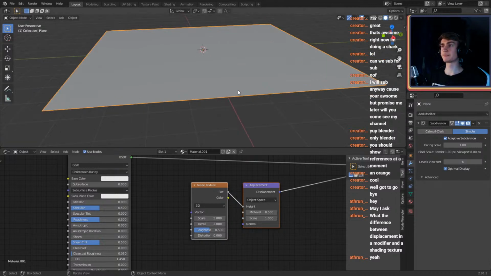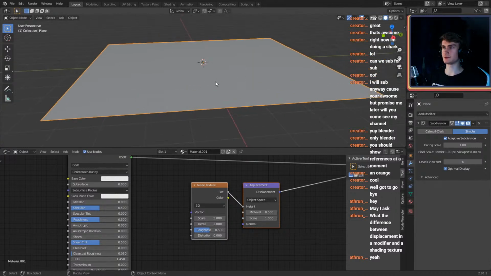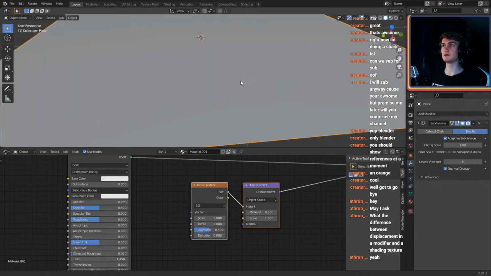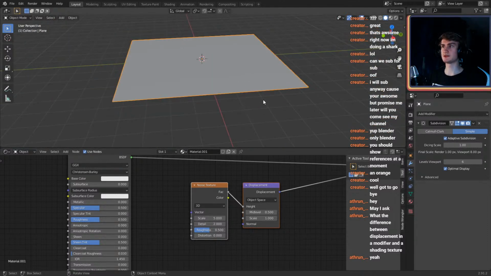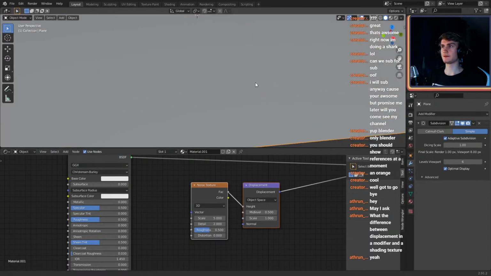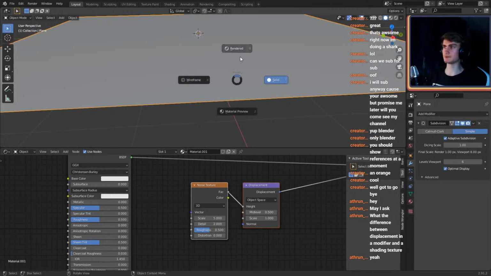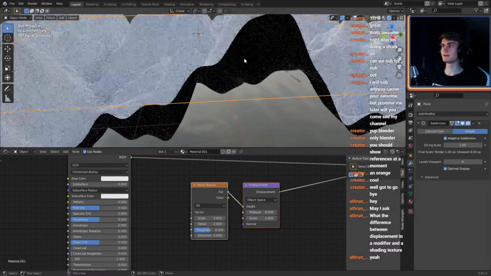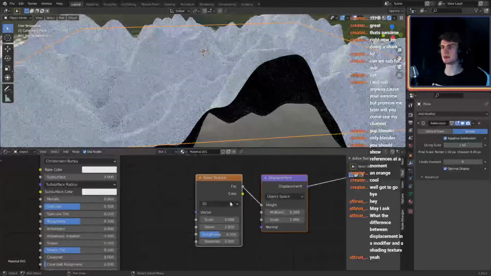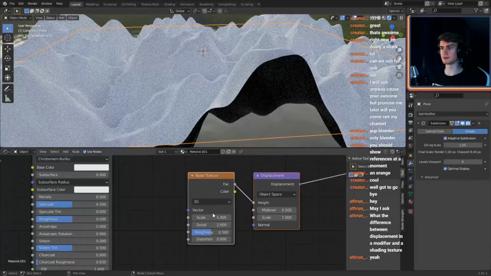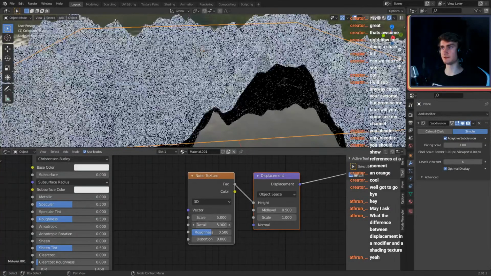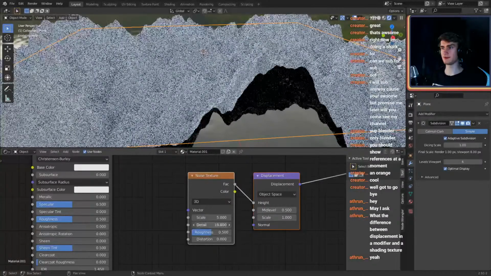So you can now go in here. Of course, you see no displacement. If you have adaptive subdivision applied, you can go in here and then switch to rendered view. There you go. It's pretty. Of course, the texture is pretty big. So if you change, for example, the detail to something pretty high,